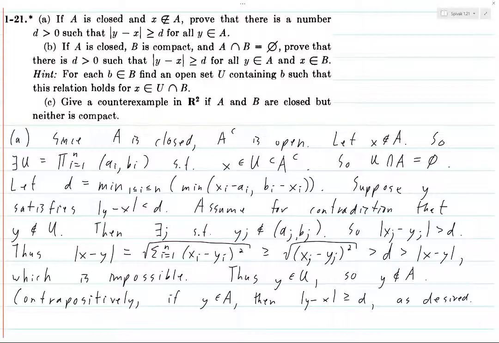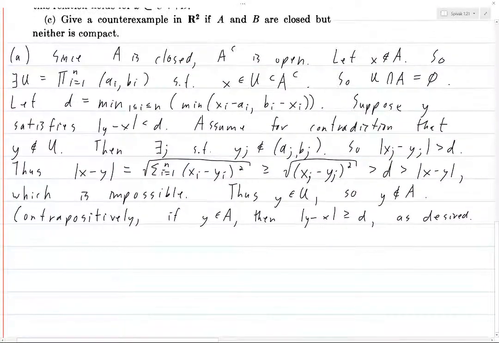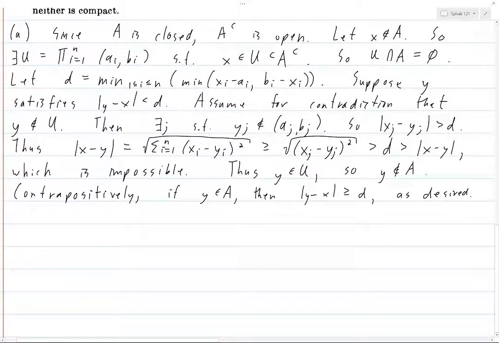I'm going to do x in A and y in B because I like A comes before B in the alphabet and x comes before y in the alphabet. It's not a big deal, I'm just making it clear that I'm going to be using a notation that's inconsistent with the exercise. Okay, so for all y in B,